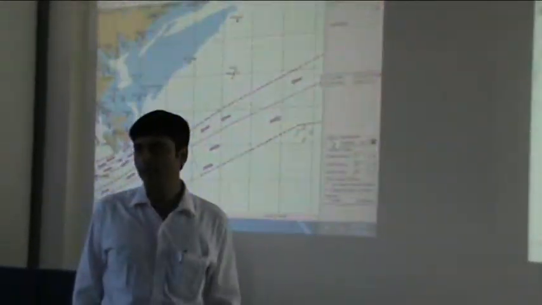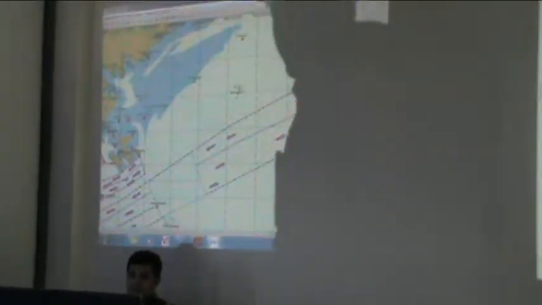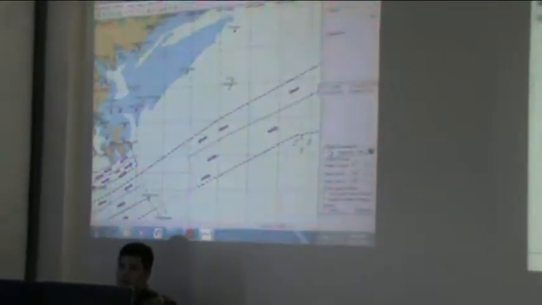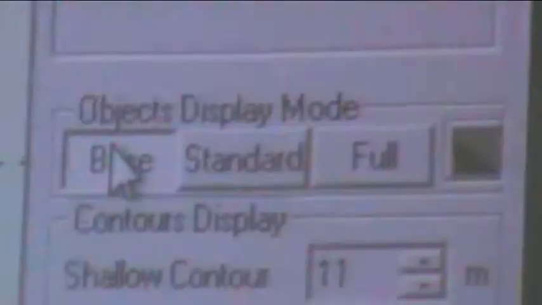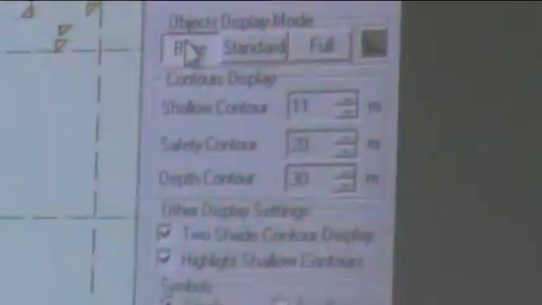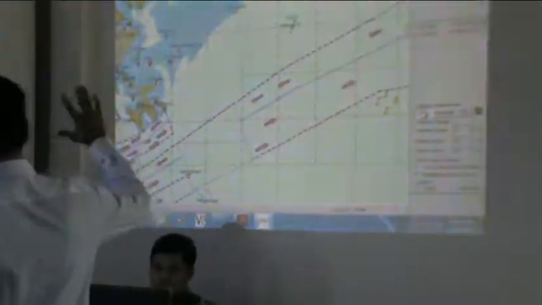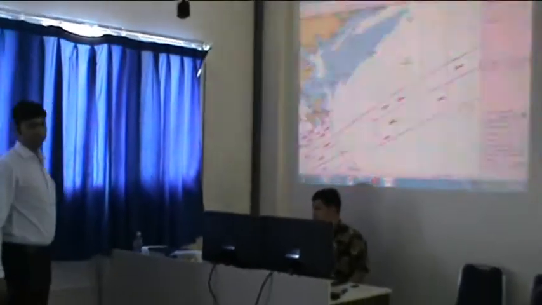Now these are the basic, as you must be knowing in ECDIS. There are 3 types of display: base display, standard display, and full display. So same functionality we have provided also in our instructor machine: base, standard, and full. You all must be knowing what is base. Base means the base display of an ECDIS or the instructor here, which we are talking about, means basic information which cannot be removed from the instructor. Okay, whenever you open the instructor, this information will always be there, the editor.